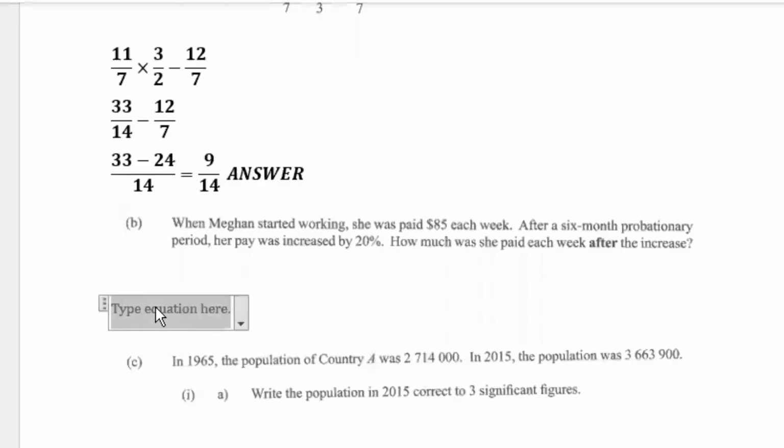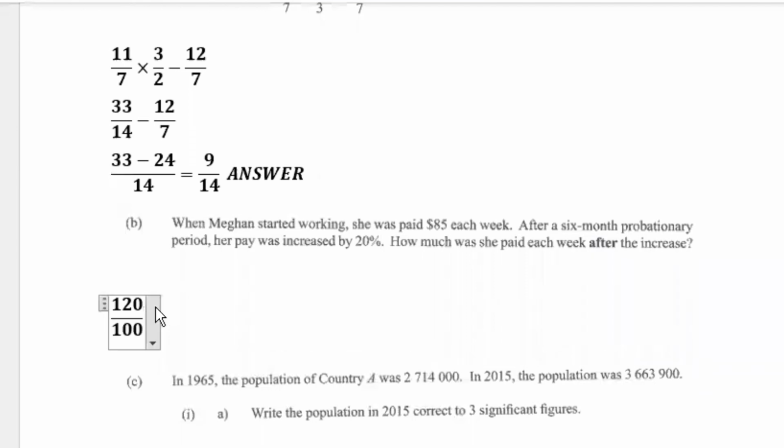So we're now on to part B, and it says, when Megan started working, she was paid $85 each week. After a 6-month probationary period, her pay was increased by 20%. How much was she paid each week after the increase? So there are different ways that you can actually work this. The easier way is, if she was being paid $85 each week and she now received an increase of 20%, it means that now she's being paid